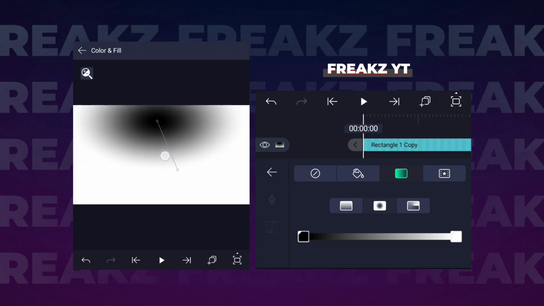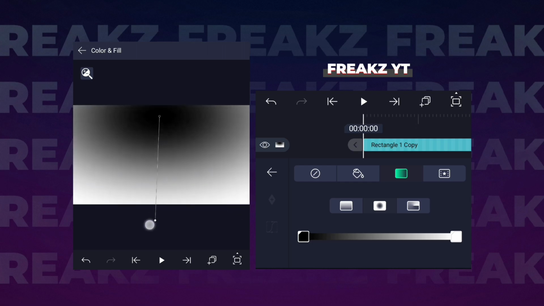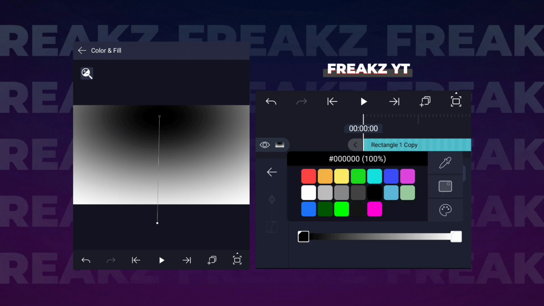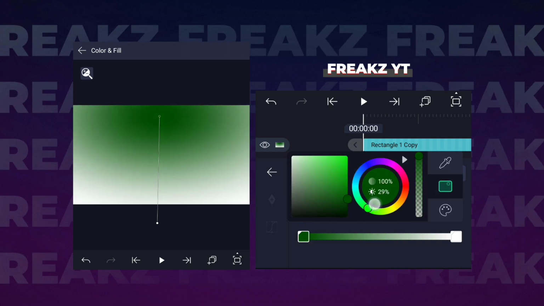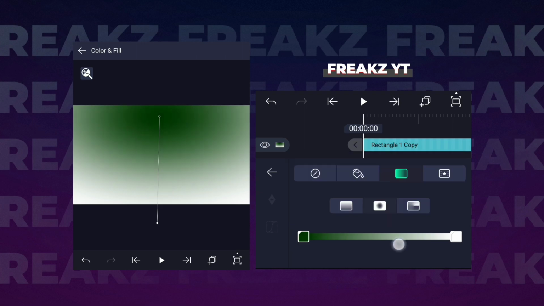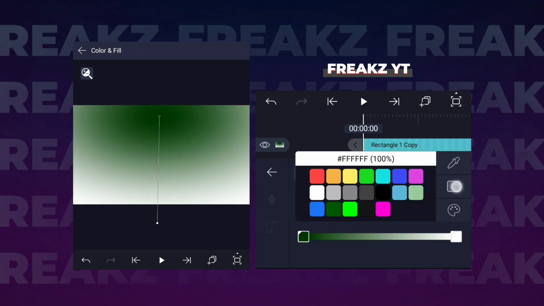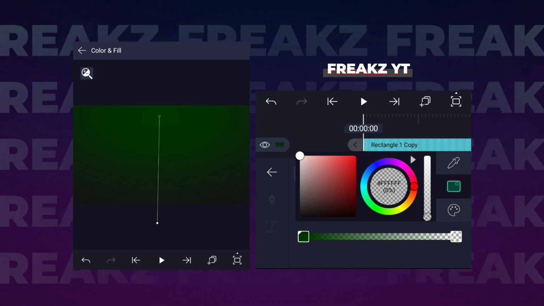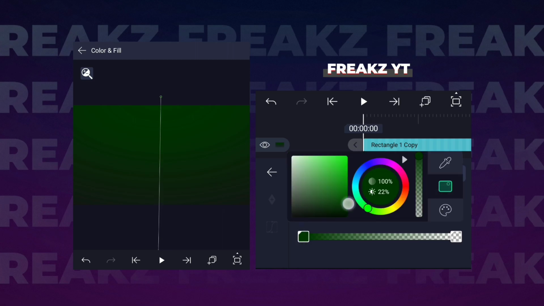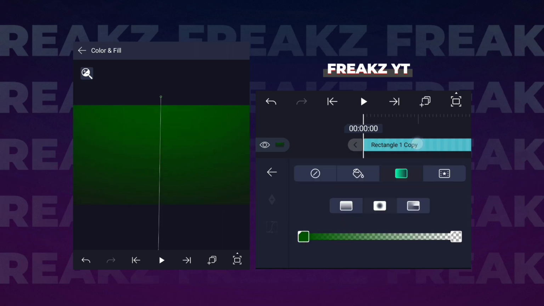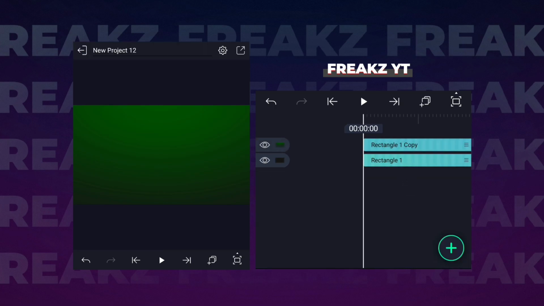So there are 2 points for 2 colors. So we'll choose 2 colors. For the top color we are going to choose a dark green. So we can adjust over here. I'm choosing a top green color, and at the bottom I'm going to decrease the opacity to 0. So you can see an effect with the green background. If you want to increase more lighting, just increase the green color to a brighter one,